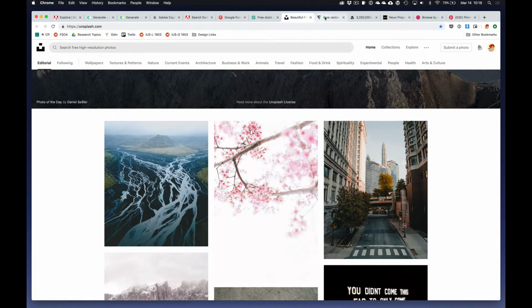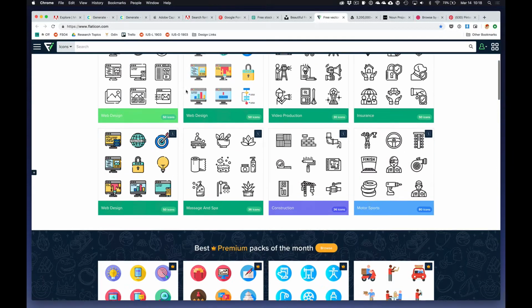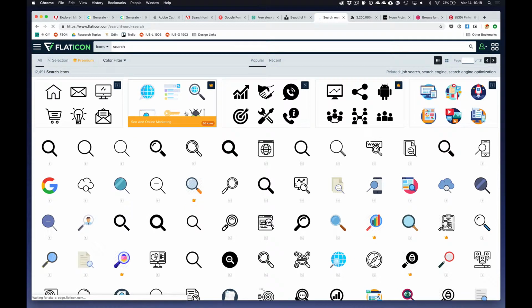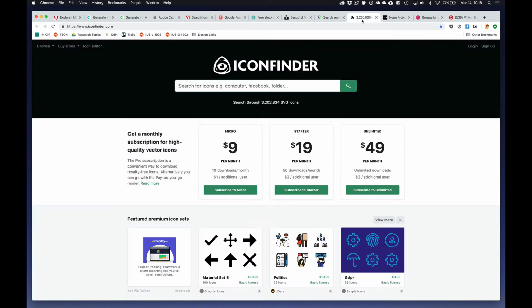For the icon portion of your screens, check out Flat Icon. That's definitely a resource that has got lots of great options for you. If you're looking for a specific icon, like if I'm looking for a search element on Flat Icon, you can see I have all the options available. I would also say one of my other favorites is Icon Finder, and what I particularly like about this one, I'm going to look up the word bookmark here for a bookmark